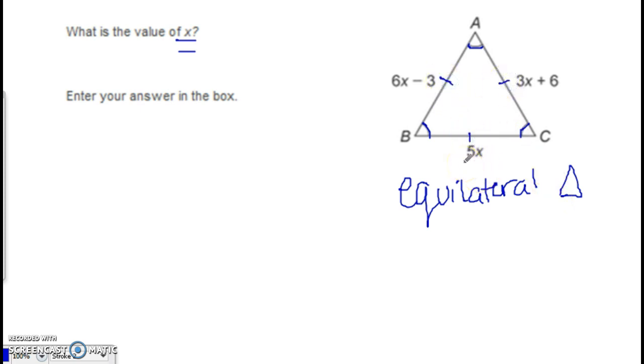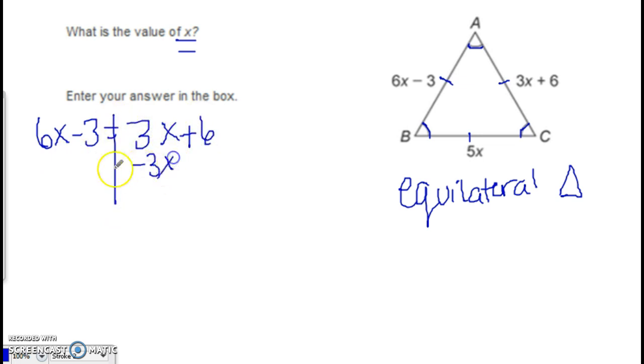So I actually don't need all 3 pieces of information. I just need 2 pieces of information. I need to pick 2 sides and I need to set them equal to each other. And it doesn't matter which 2 sides you pick because all 3 of them are the same. So I can even show you what would happen depending on what side you picked. But let's say that I picked these 2 sides first and I set them equal. So if I solve it,